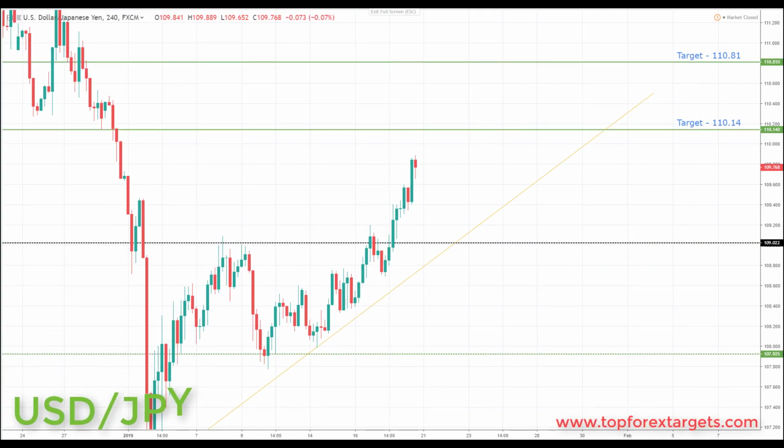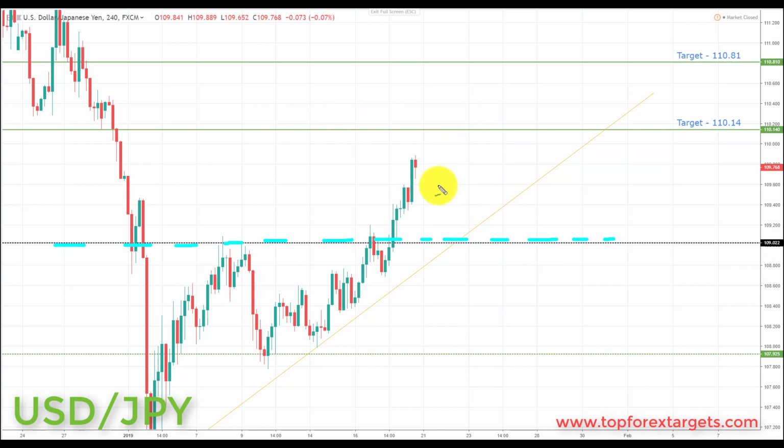So the next pair we're going to look at is US dollar Japanese yen. Now we're still in this corrective mode in the US dollar Japanese yen after that flash crash to the downside, as we've discussed in previous videos. We are starting the week above a key area of broken resistance from the past, looking to turn support at 109.022. We are quite close to the next target, so what I would like to see first